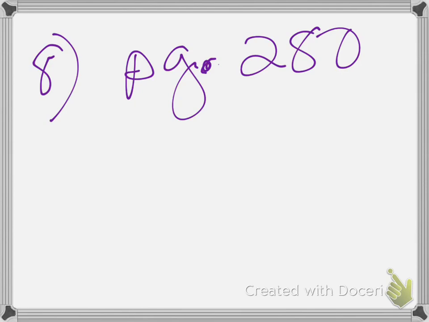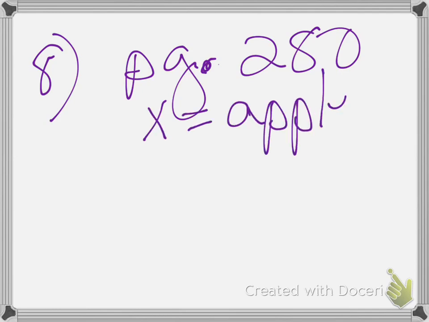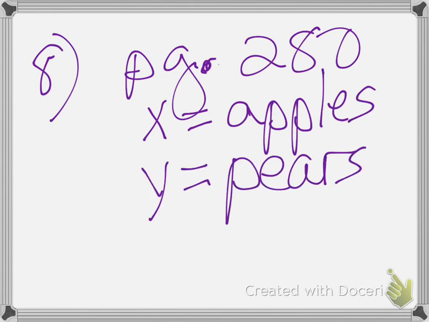In number 8, they want us to write a system. So we're going to be writing 2 different inequalities for this. And what do they tell us that we need to do about our variables? List them out. X will be the number of apples, and Y is pears. So we have X representing apples and Y representing pears. Now, I wrote too big, so I'm going to have to go over to the next page for the actual